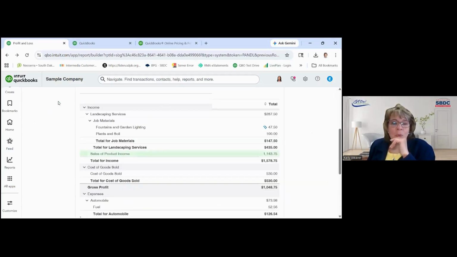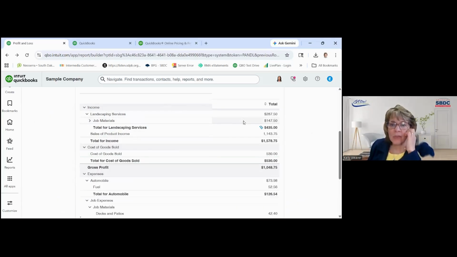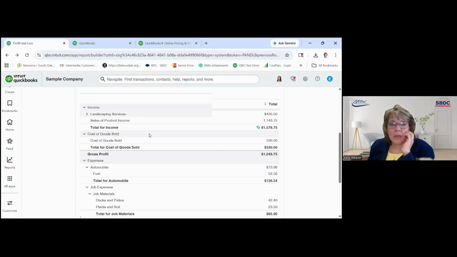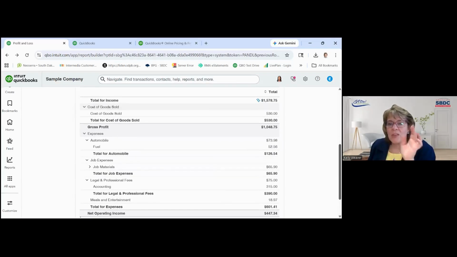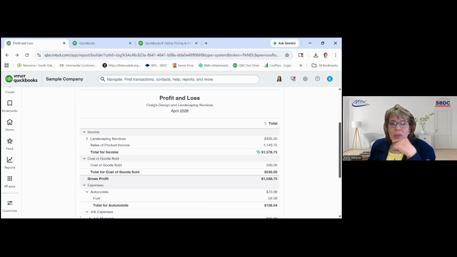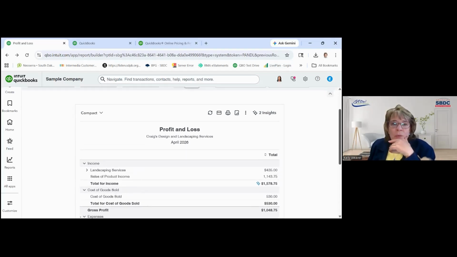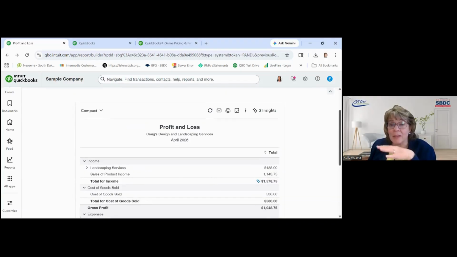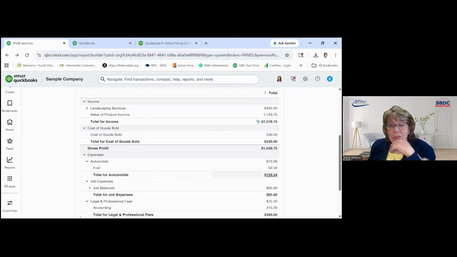You can go back to the report summary up here. Anywhere you can see the sub accounts, how they're layered like that. So let's say I just want to see job materials. I don't want to see that detail. Now you'll just see job materials for the total, with the total for landscaping. Maybe I don't care about services versus materials either. I just want to say landscaping altogether. So it's a way to clean up your report, particularly if you're providing it to an outside source, a lender or whatever. You can give them a more simplified report. They don't need the detail that you need. So there's a way to make it clean and simple. There's a way to drill down to the detail.